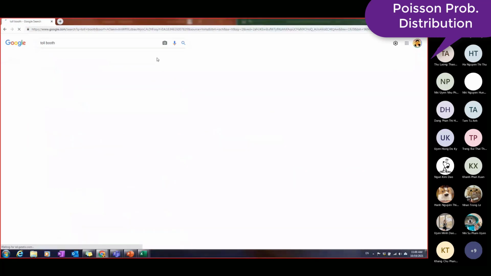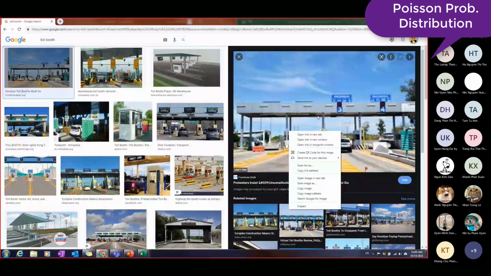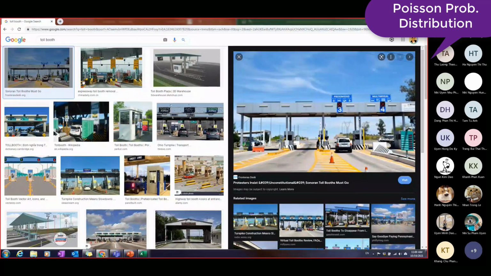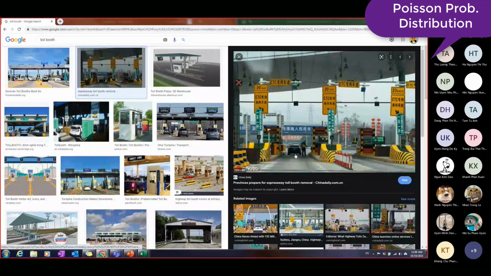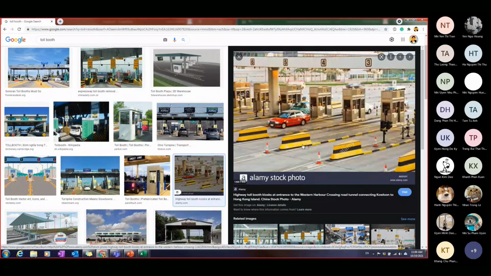The toolbox will be where you drive through, and this is what people normally call in Vietnam trạm BOT. Okay, so you drive through, and you have to pay money for the road, right, for the traffic on the road. So that's just a way to return the investment for the manufacturing and the infrastructure that people invest in the road.